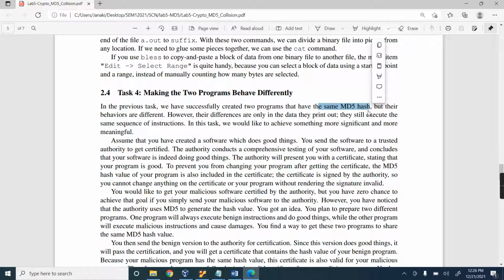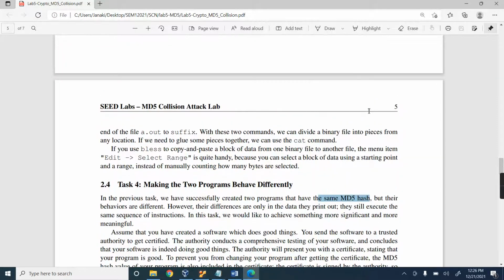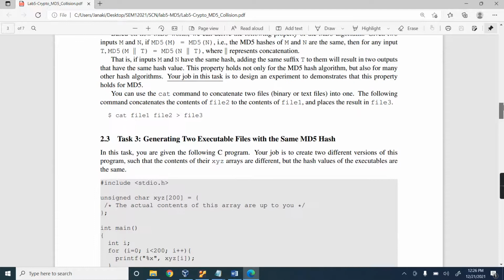So by using the tool MD5 collision generator, we can make the same MD5 hash value for two binary output files. At the same time, by using the property of suffixing, concatenating another file with the existing MD5 hash value file, will give the same MD5 value for the new output file also, based on task 2. We need to prove the concatenation property. We have proved the concatenation property in task 2.